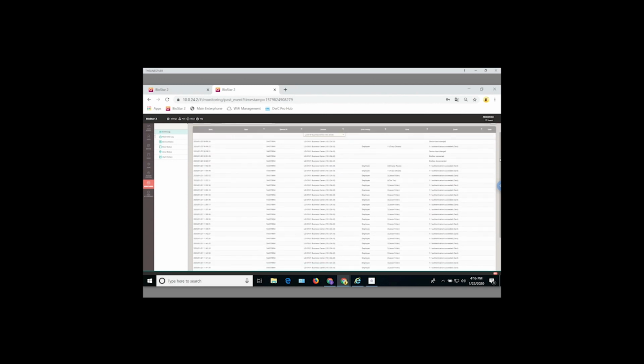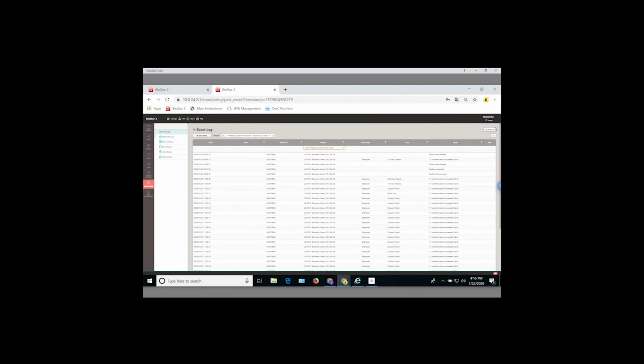This is really useful in, if there was damage to a certain area or something was broken or stolen, we could use this as the starting point to go look at the surveillance to pull the footage. Just to tell us who was where. And it's also another good way to be able to report who was in a certain area. If you wanted to export this list, you would click this icon here and click CSV export. That'll export it to a CSV file, and you can pass that along to the authorities or whoever you need to,